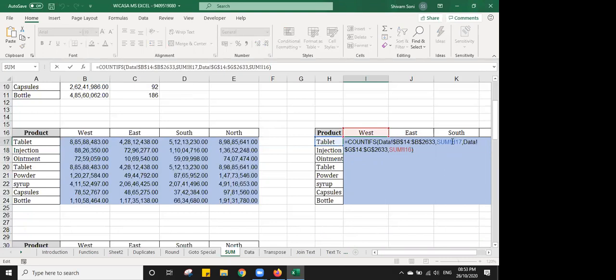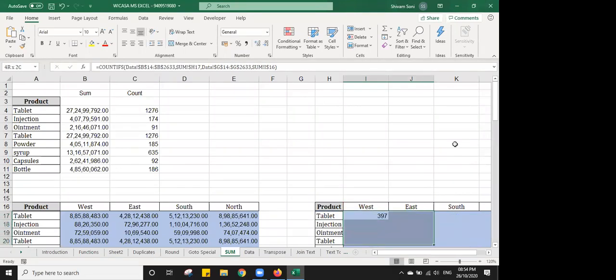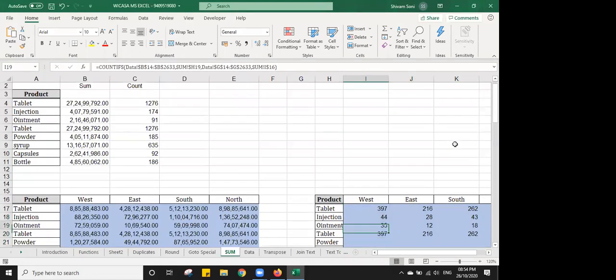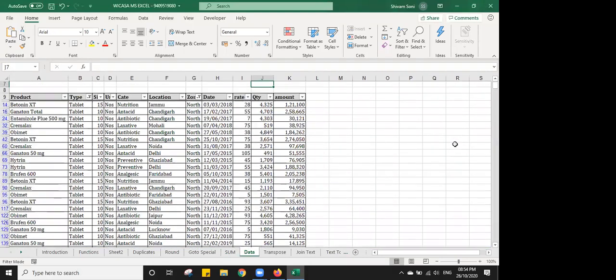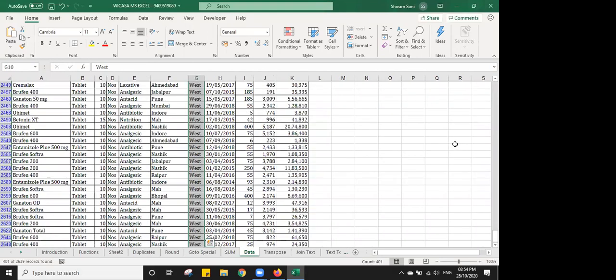Just go and freeze your row here and you can see that in tablet west there should be 397 counts. Let us check tablet west total.